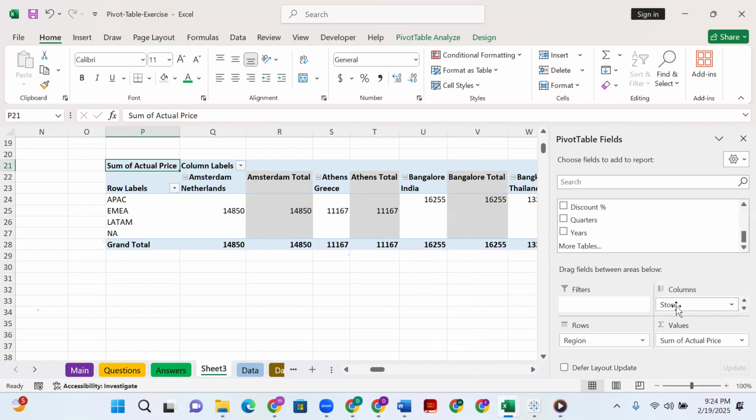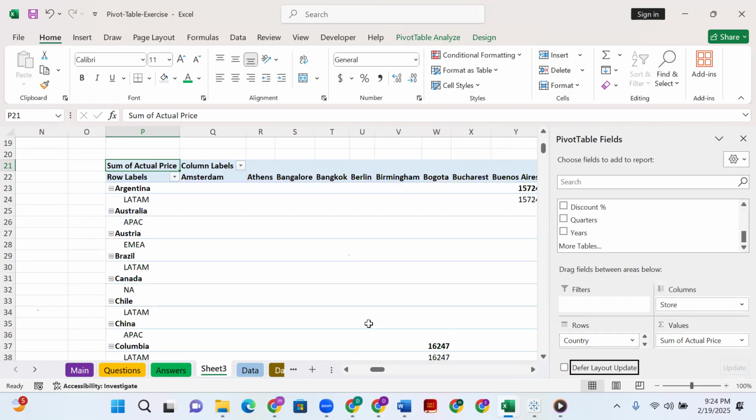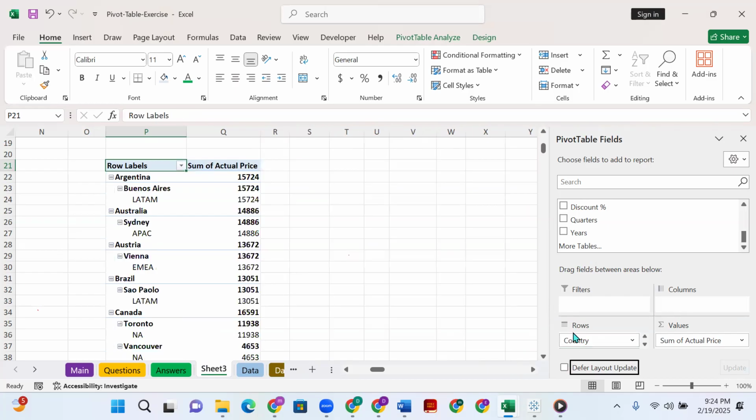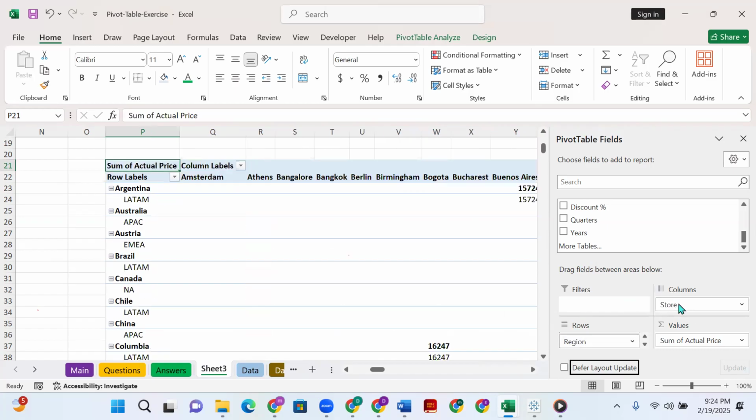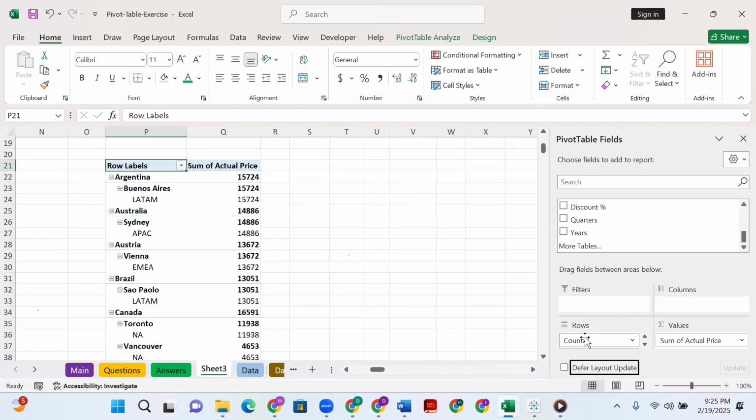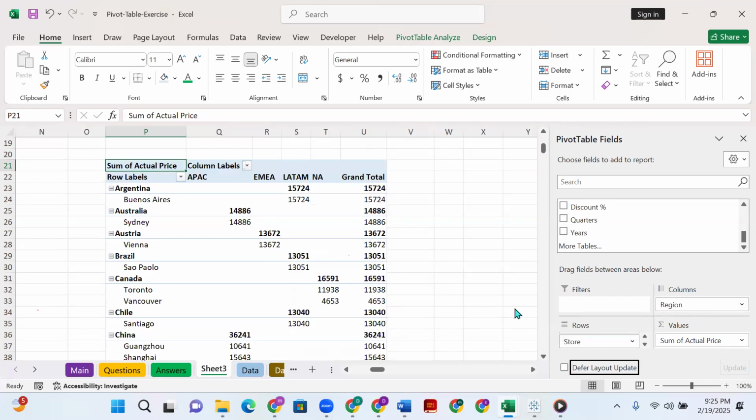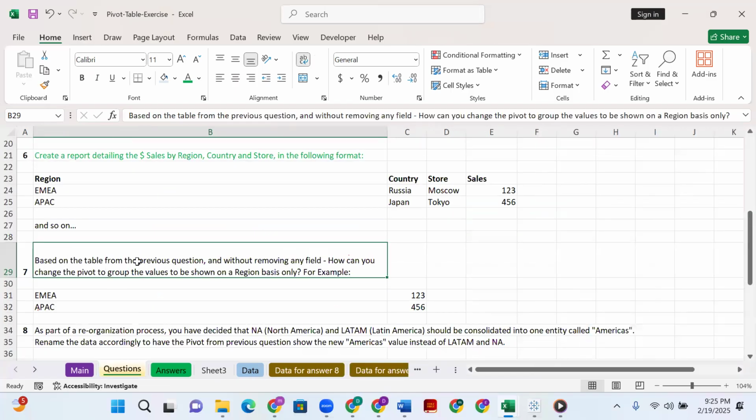If we put everything on row, they will fall on each other. No, I think what they want us to do is to make it presentable. I think we are still on point. So let's just go to question 8, to understand this question first. How can you change the pivot to group